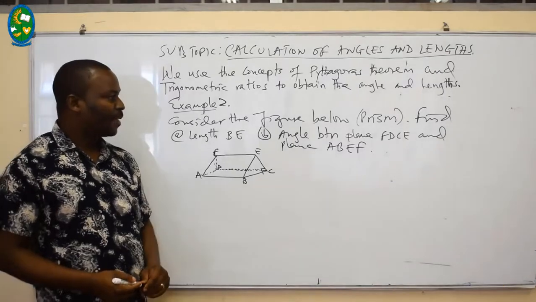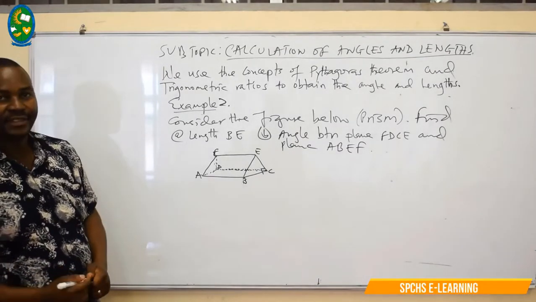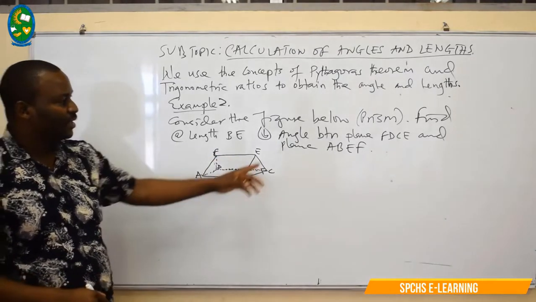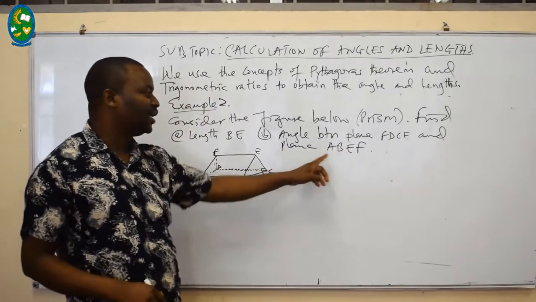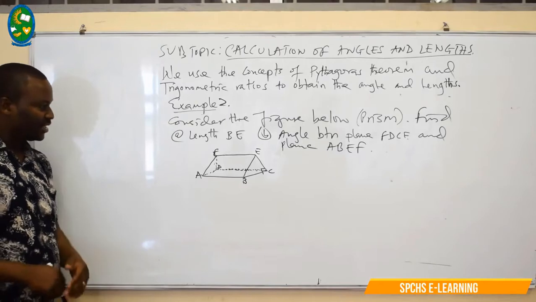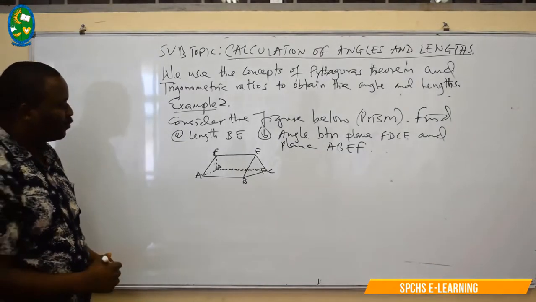Consider the figure below, which is a prism. Find A, the length BE, and B, the angle between plane FBCE and plane ABEF. Now, as you can see, our figure is drawn here. Starting with A,